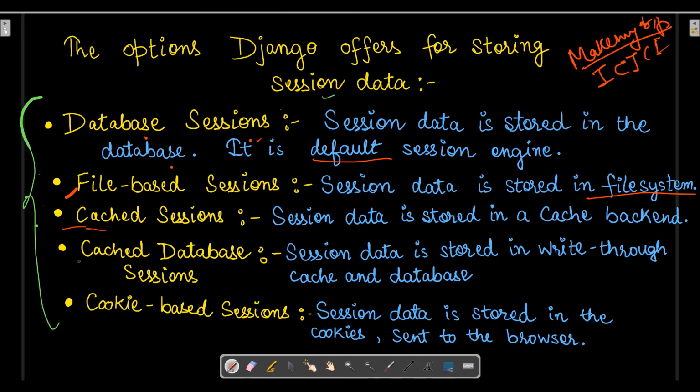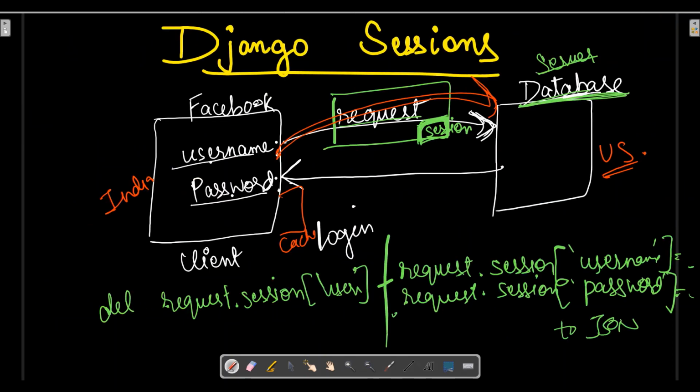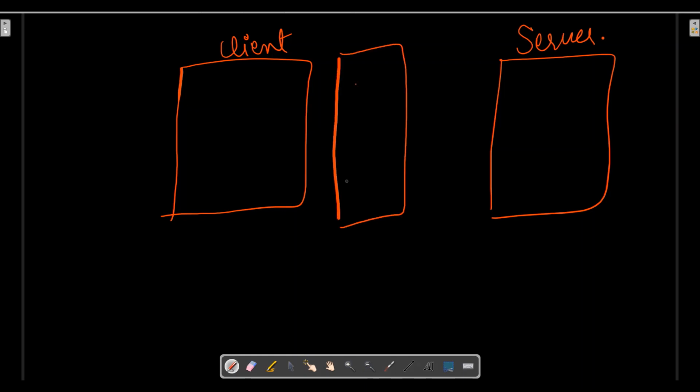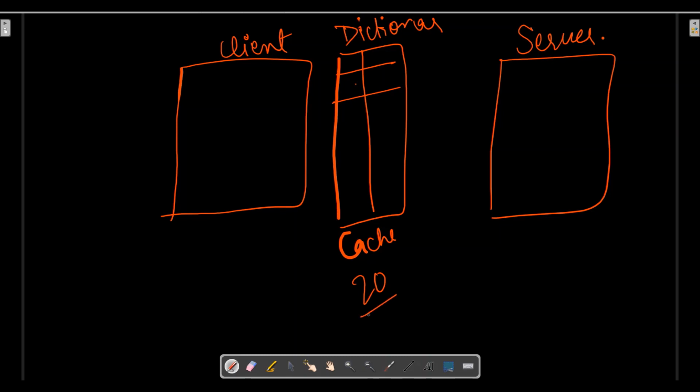Now coming to cache database, session data is stored in a write-through cache and database. We can understand this in terms of, let's say, there is a client and here we have a server. Now what happens? Here it makes a cache in the form of a dictionary, right? Now it has a limit. Let's say there is a limit of 20. Now I am giving a username and password such that it is not here.